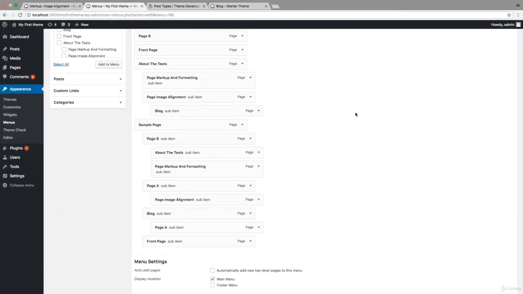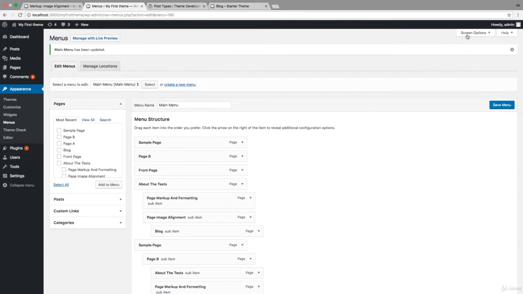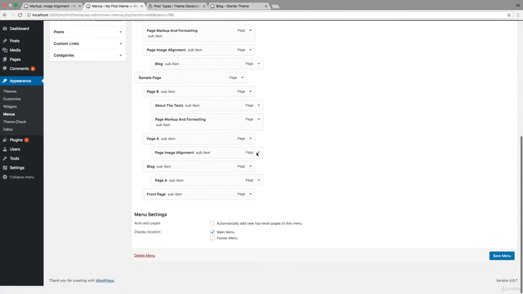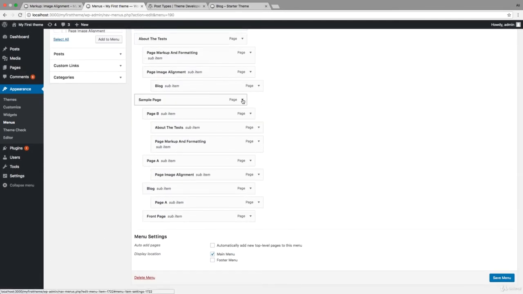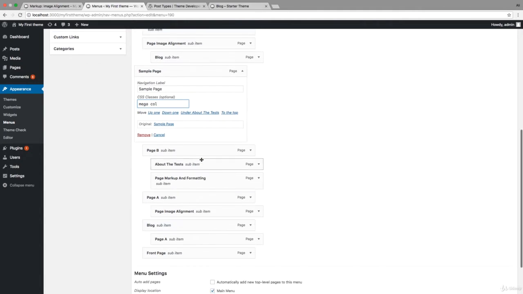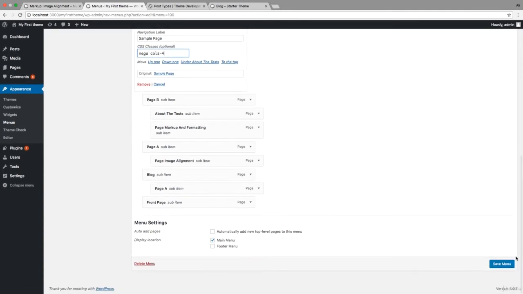In the admin page there is a sort of a hidden feature. If you click on the screen options toggle here and enable CSS classes, this will allow you to add custom CSS classes for each menu item. We now have this field. So we can add a class called mega and another class to choose the number of columns. We created the 4 menus, so let's choose calls-4. And in my CSS I styled the menus that have the mega and calls classes differently in order to look like a mega menu. So let's save now